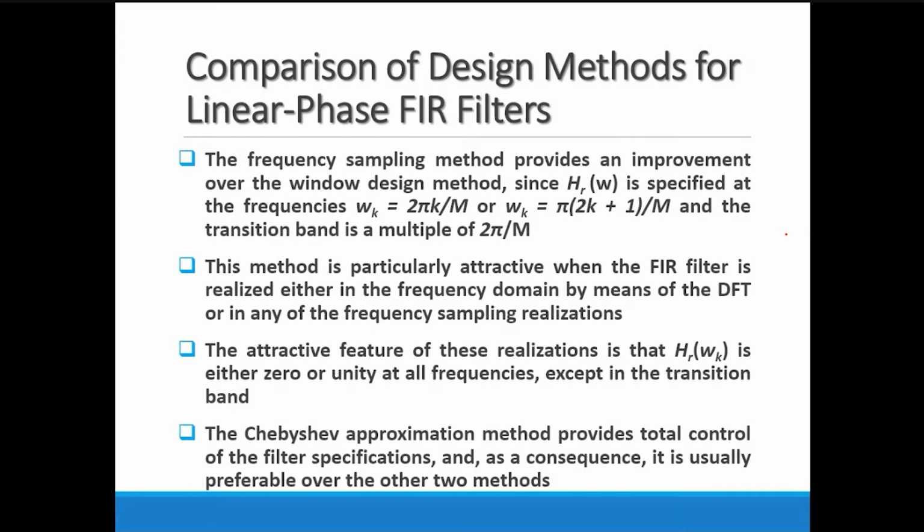The windowing method we discussed in detail, and we solved the examples. The frequency sampling method we discussed in detail, and we also solved the examples. But in the Chebyshev approximation, the only thing we have to discuss is how it spreads the error, and 4 different cases are given in one table in your book. I suggest all of you go and read that table. Only the equations are given based on the type of filters: symmetrical odd, symmetrical even, non-symmetrical even, and non-symmetrical odd. So 4 different cases are discussed.